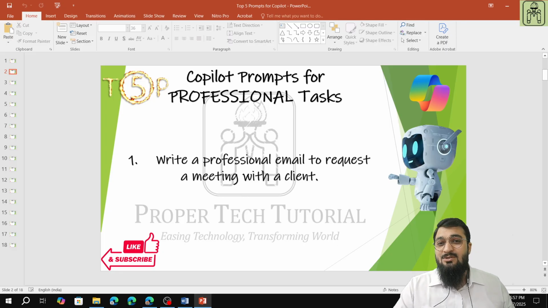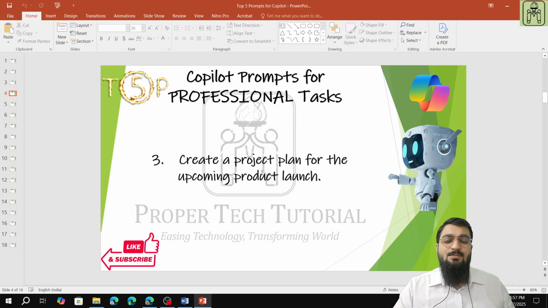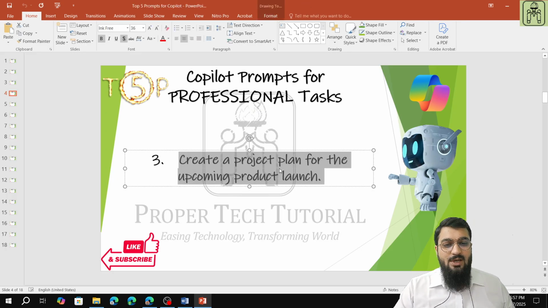And the first one is to write an email. That is something which is very frequently used. Another prompt that is most commonly used in the AI domain by professionals is to create a plan for an upcoming product launch. So we'll just copy that